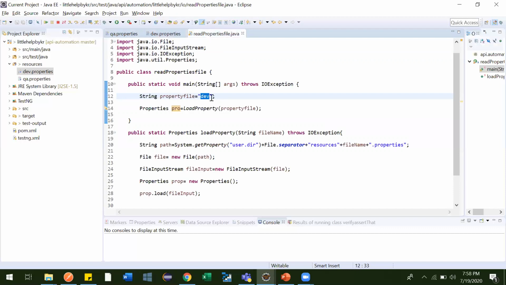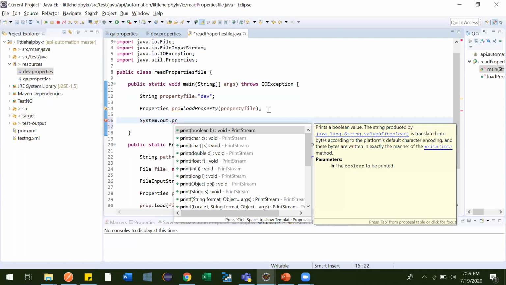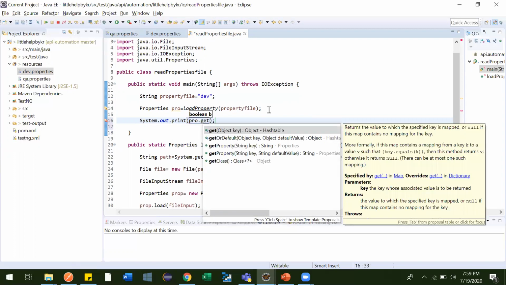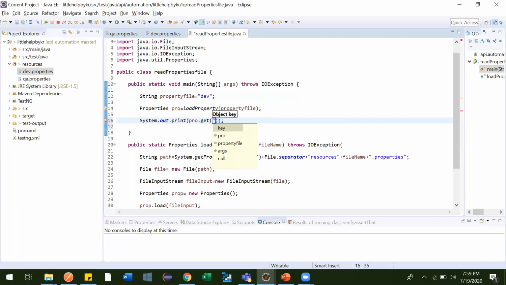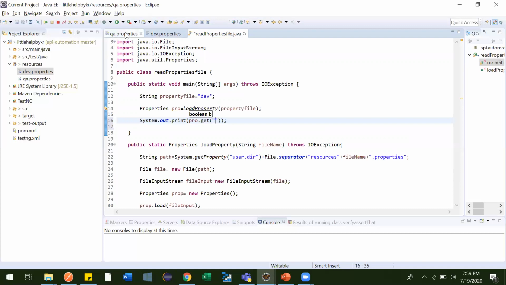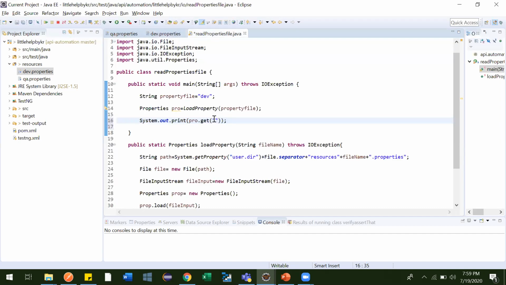Now this properties is there, right? Let me System.out.println, pro dot get. You have to write get, and you have to provide which key you want to read. So in our dev case, suppose we want to read access token. So just keep it like this, access token.